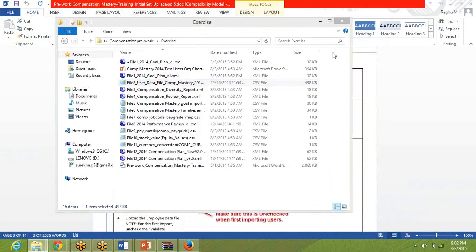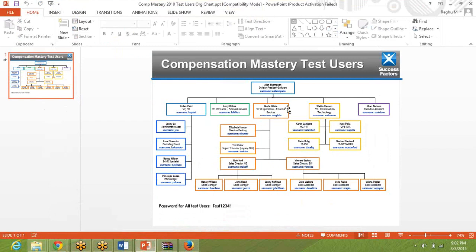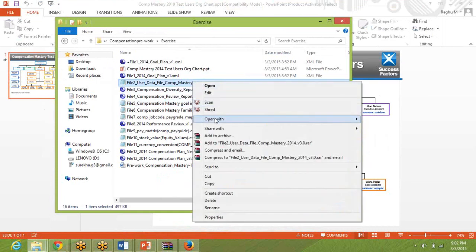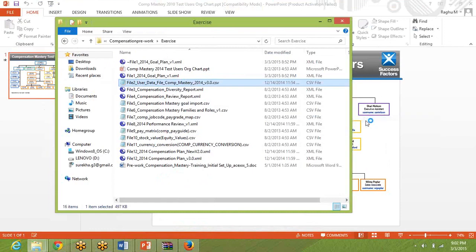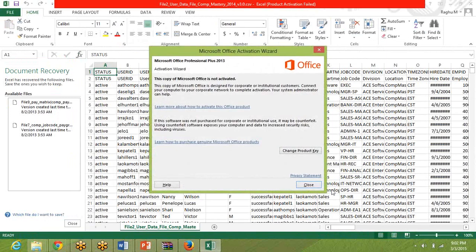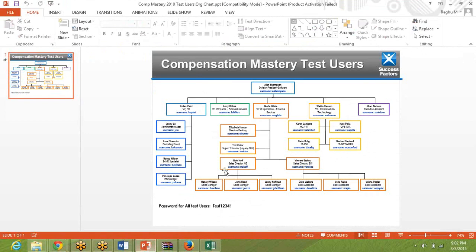These have been prepared as per the reporting hierarchy that I showed you guys, which means that this file is going to have this reporting hierarchy. Their user details and their manager details are going to be captured in this particular UDF file. If you go to this side, you can see here it has been prepared in this particular fashion. Let me verify a couple of those things. Yes, you can see here if we look at this particular spreadsheet,